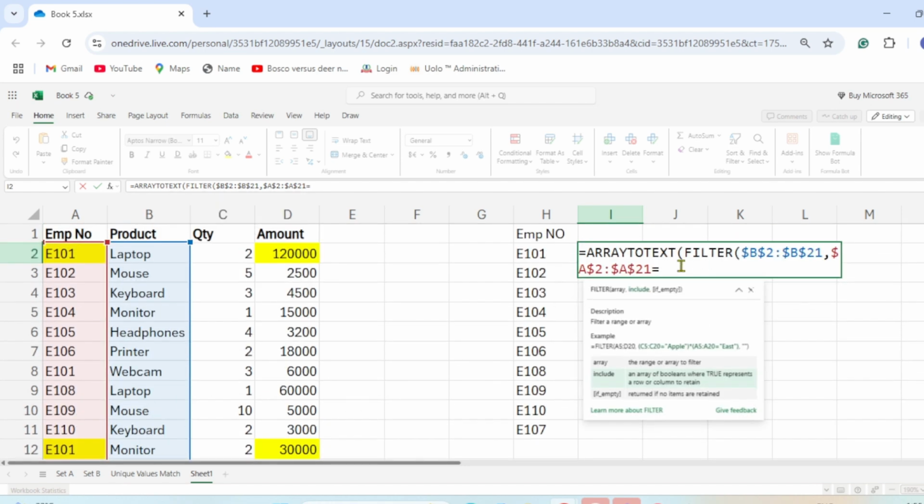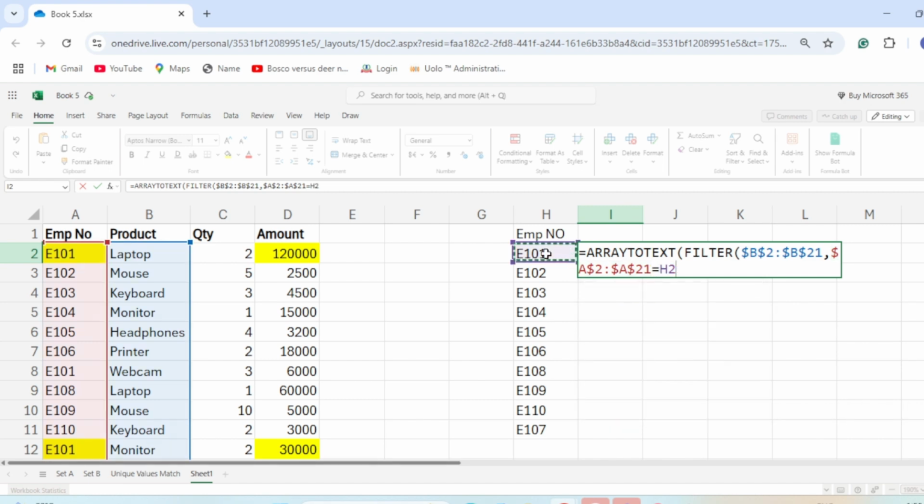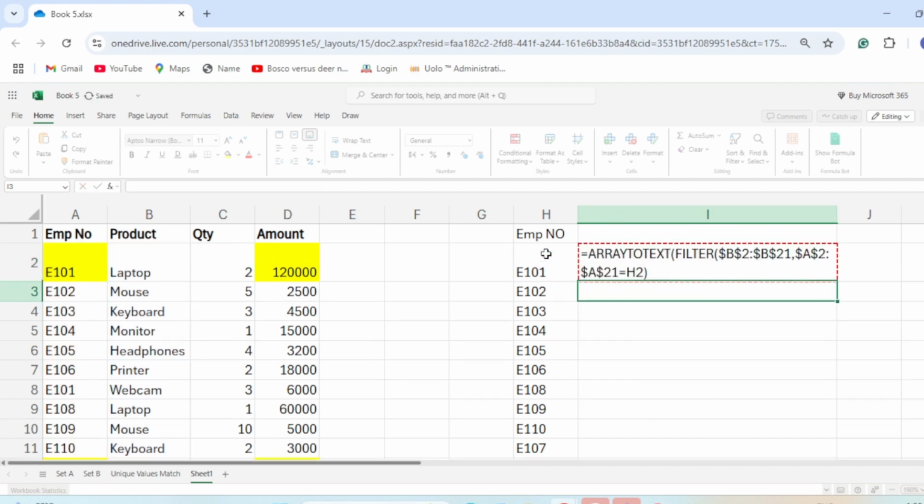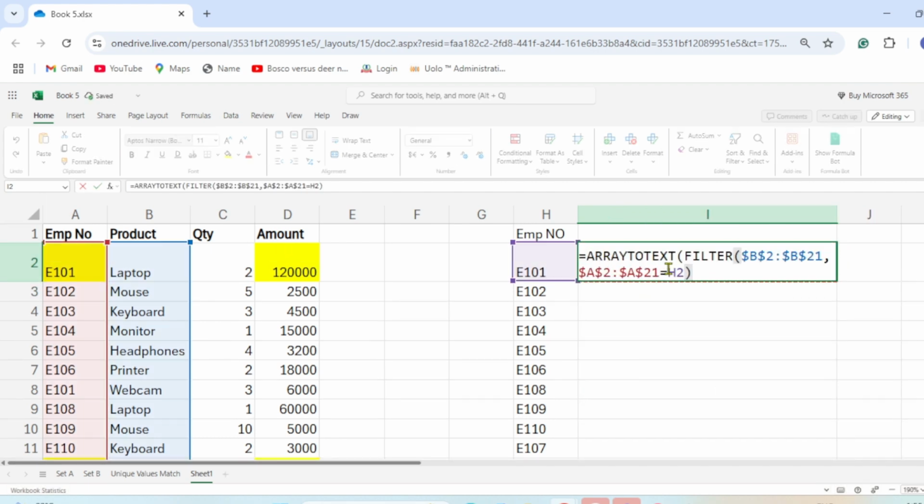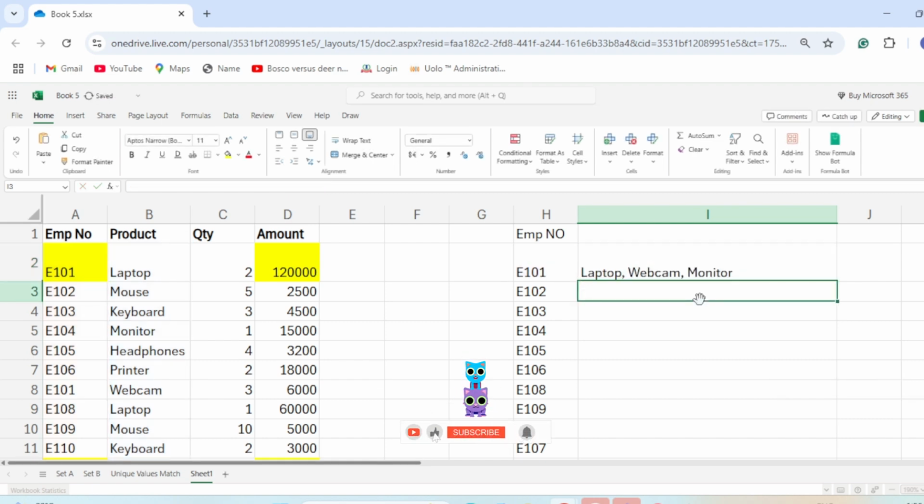You put an equals here because we want to search for employee 101. So I'm going to select this, close the bracket. Maybe I should close with a double bracket, because one bracket is for array to text, and one bracket is for the filter also. So if we hit enter now, you can see